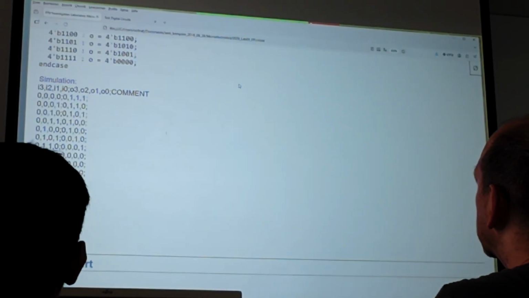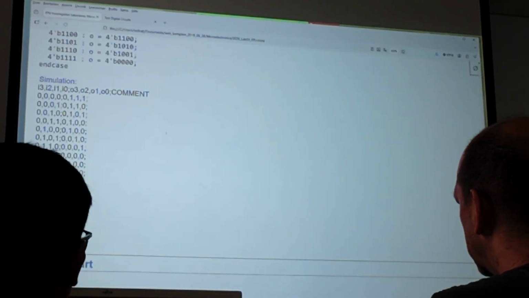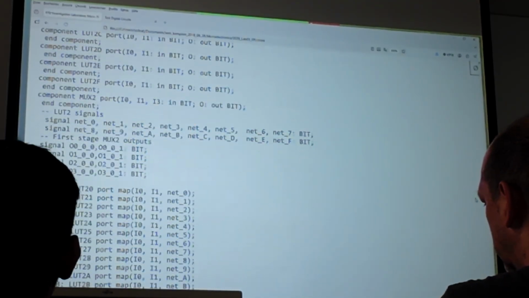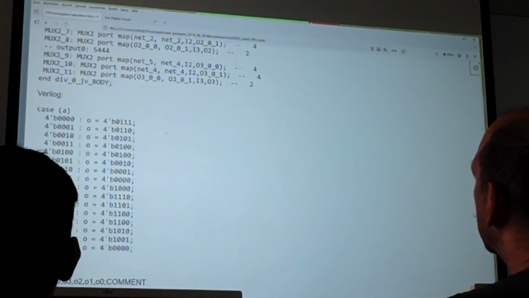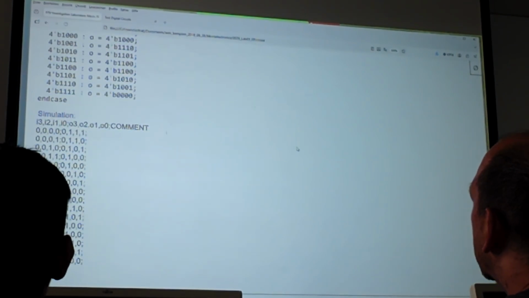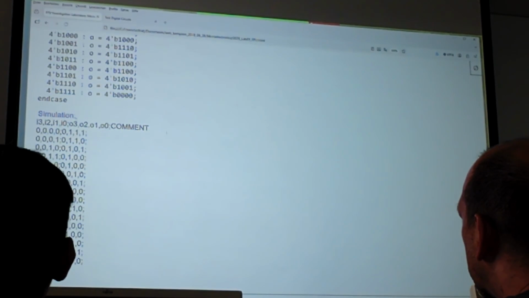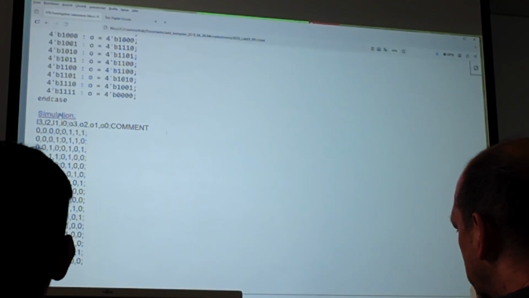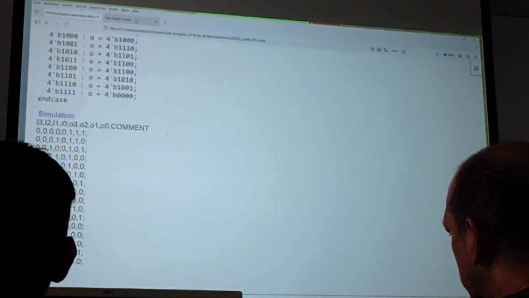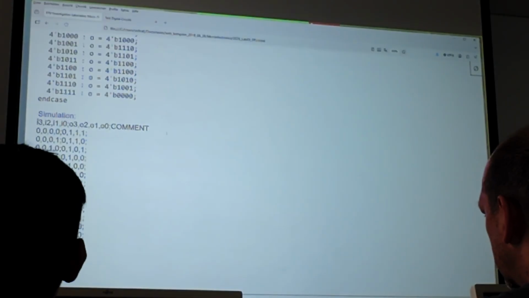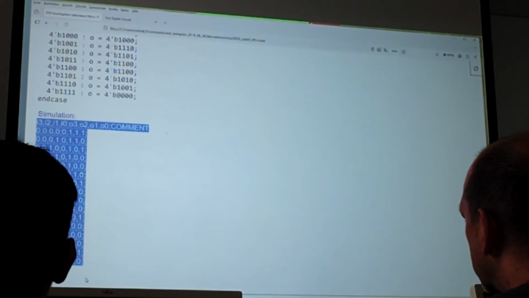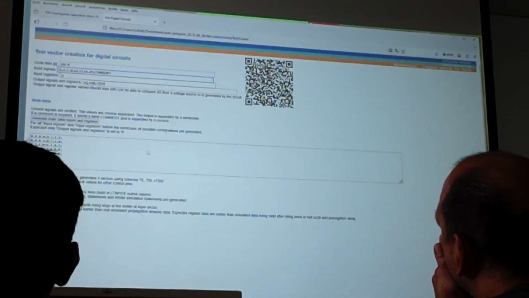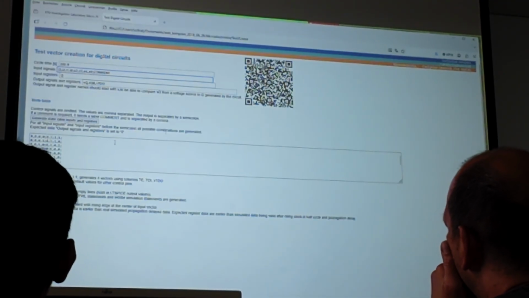over here, where you have your VHDL code. Here's your VHDL code. Then you get here your Verilog code, and here you get the simulations. And here you have a link to a website. This is where I open this one, and you read all this text here. So you just take all this text, copy it over here, and since I don't know how to operate this one,